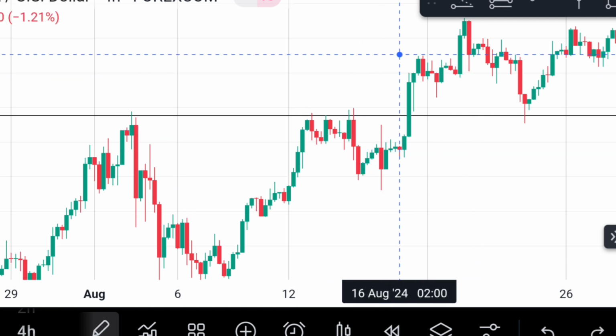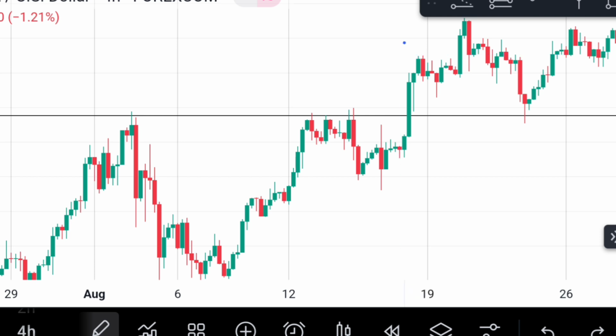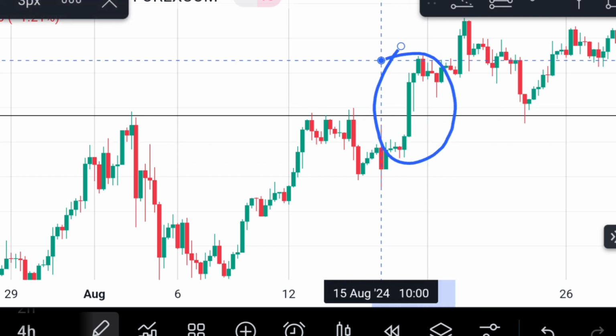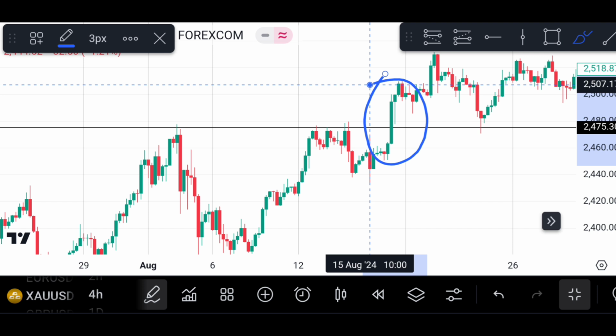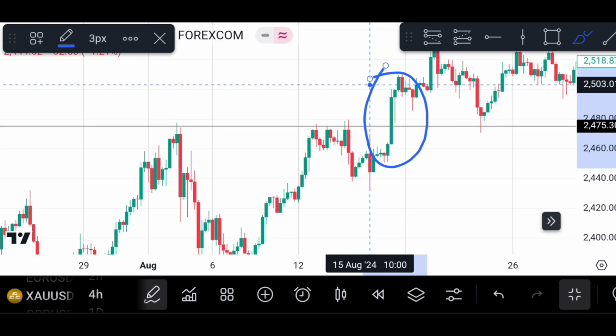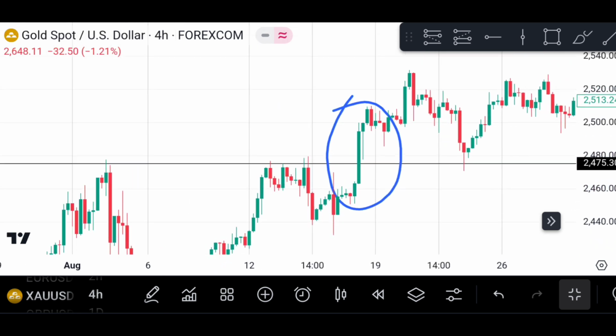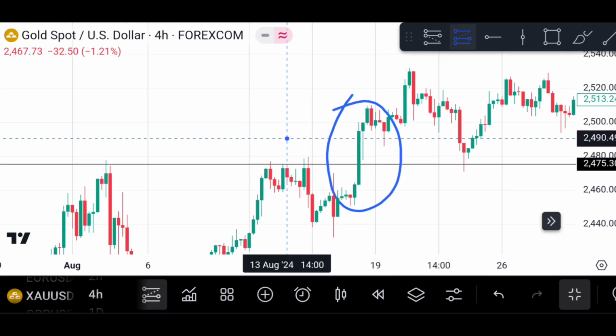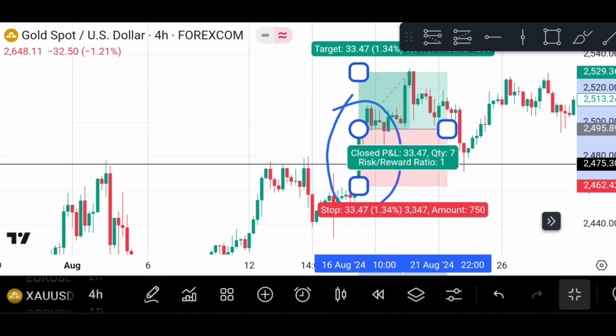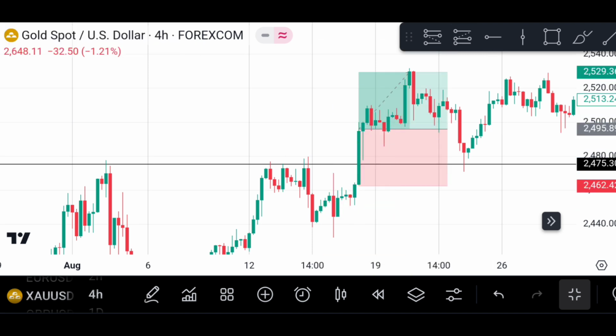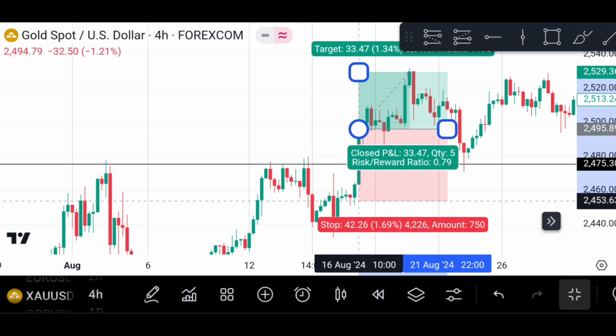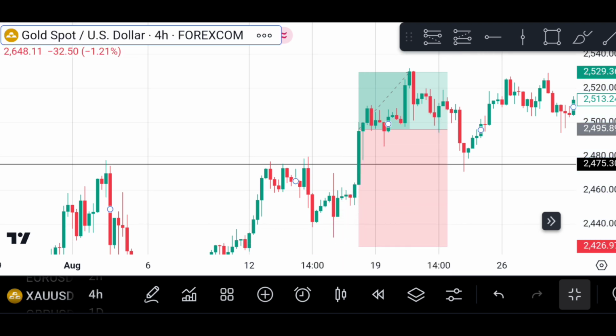Look at the reaction that happened there. Look at the momentum that price used to break the key zone, the candle that price used to break the key zone. This is a confirmation that this breakout is a strong and valid breakout. The candle is a strong momentum candle, and you can see there was little to no wick to that candle that broke above the key zone. Most traders would like to take a trade when price breaks above the key zone with a strong candle confirmation like this, put their stop loss a little bit below structure, and they target